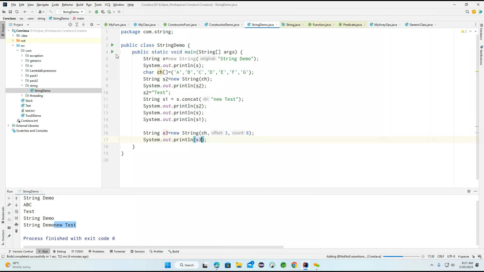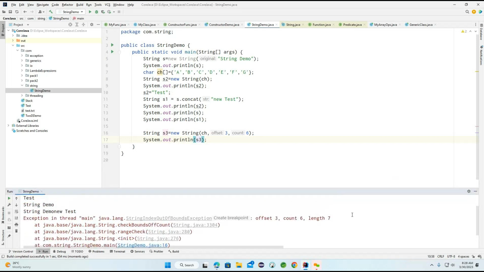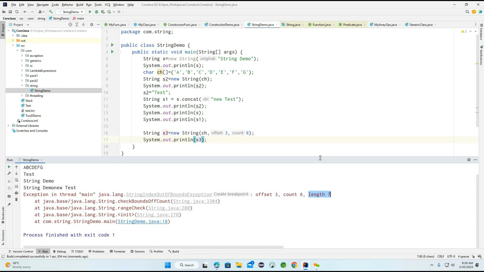what is it saying internally? Based on the range we provided, it is now creating. Now if you see, offset is 3, count is 6. But what did we provide here? Length is 7. We are getting an exception here. Now what is the exception saying? To understand why we are getting this exception here,